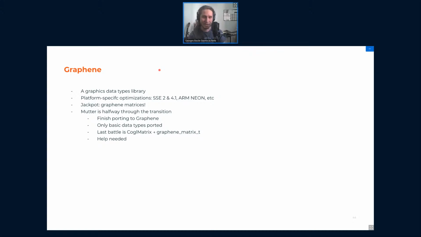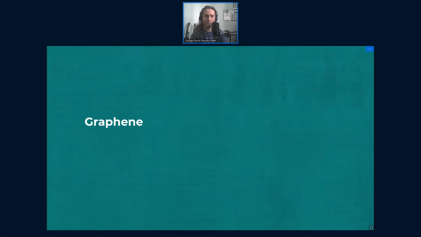But being a massive code base with significantly different semantics, it's been hard to transition completely to Graphene. Specifically, Cogl Matrix and Graphene Matrix have different semantics. One is laid out column first and the other row first, and it's hard to work around that. So any help is appreciated.